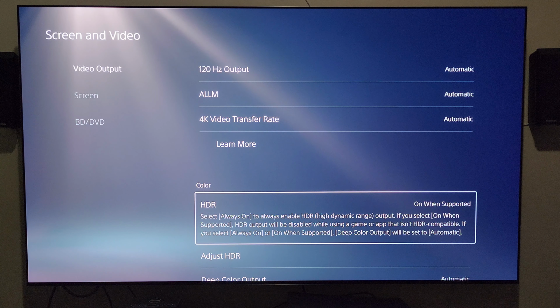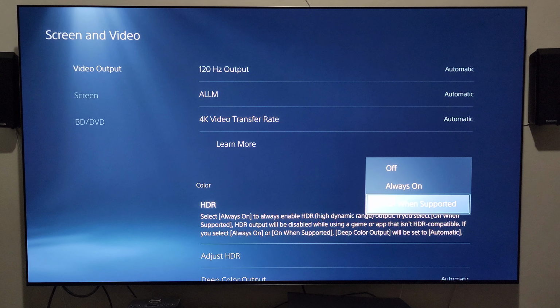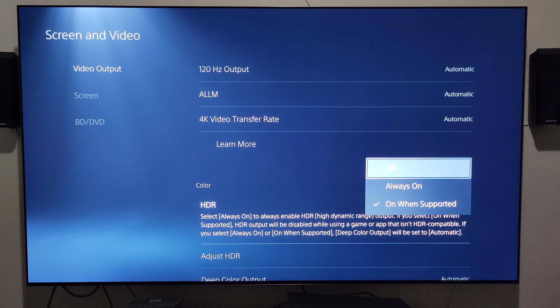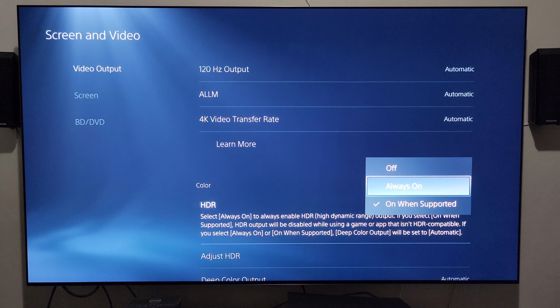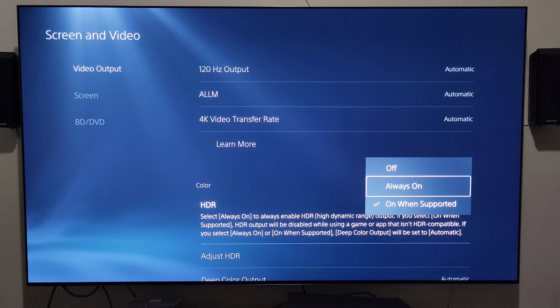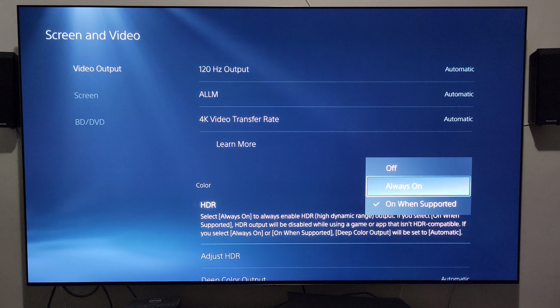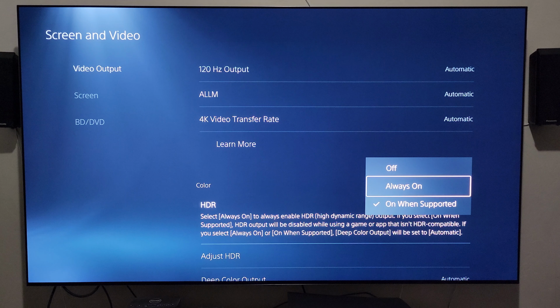This is how I have mine set up, on when supported. The reason I have it set up this way is that you have three options here: off, always on, and on when supported. Off is going to eliminate the PS5's ability to play games with HDR, so everything is going to be SDR. Always on is going to force all games into HDR, which is not necessarily a good thing because for SDR games like Dying Light 2, you don't want to have HDR forced on. Maybe you do, maybe you like the look of it, but just for my preference, I have it set to